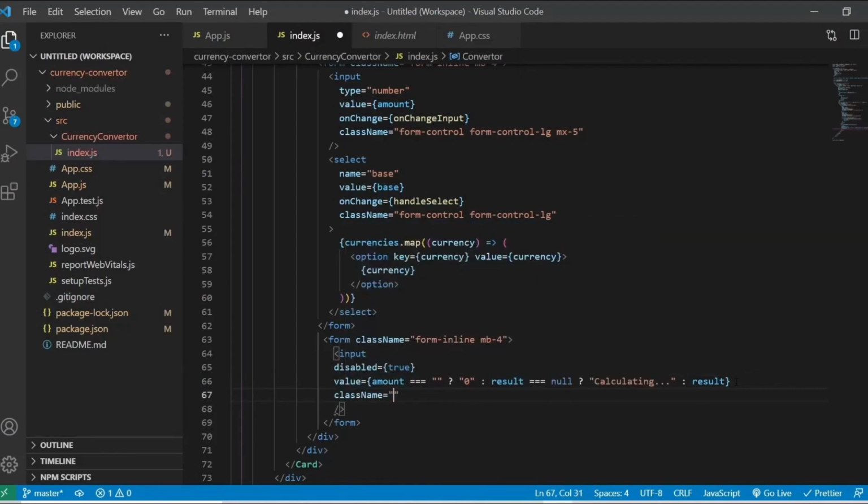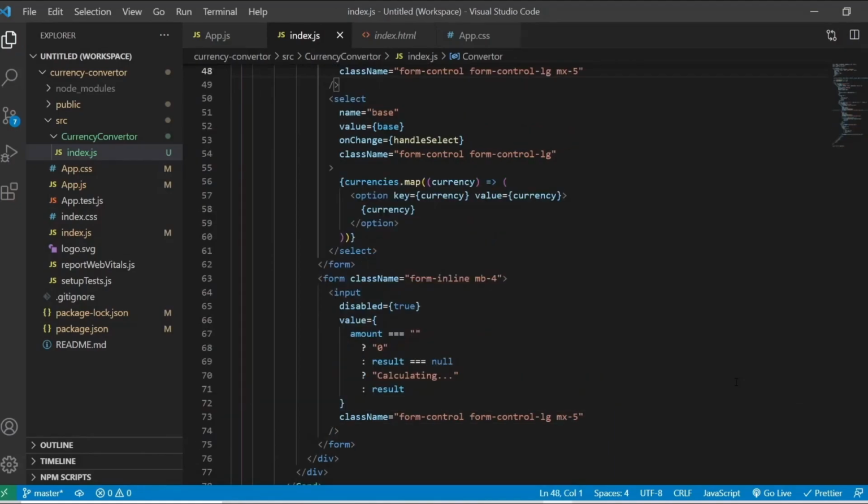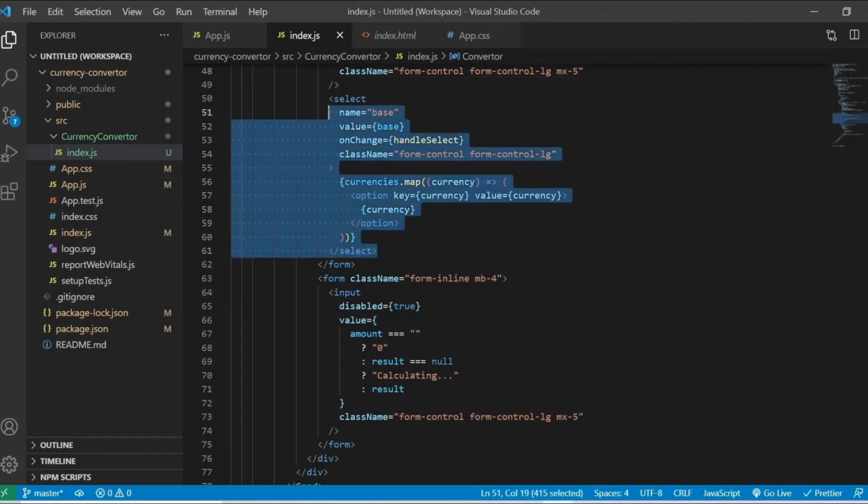And in the class name I am using form-control-lg mx5, and the select will be the same. So I'm just going to copy the select one, that is the drop down one.